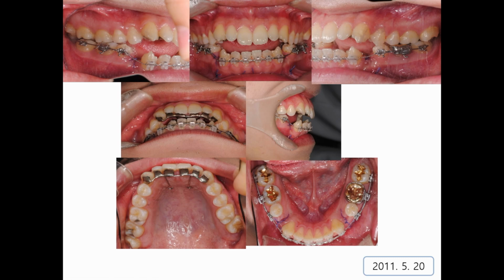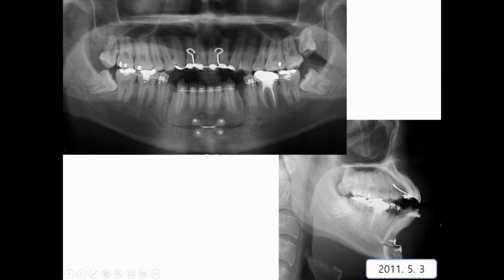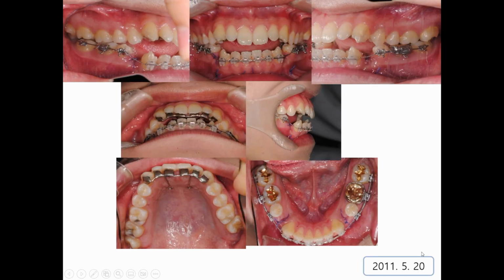And then after that, May 3, almost 2 weeks later, we applied a night high arch wire. Okay, the bone is still not osteoed, but we apply the arch wire. And in the upper, like this,